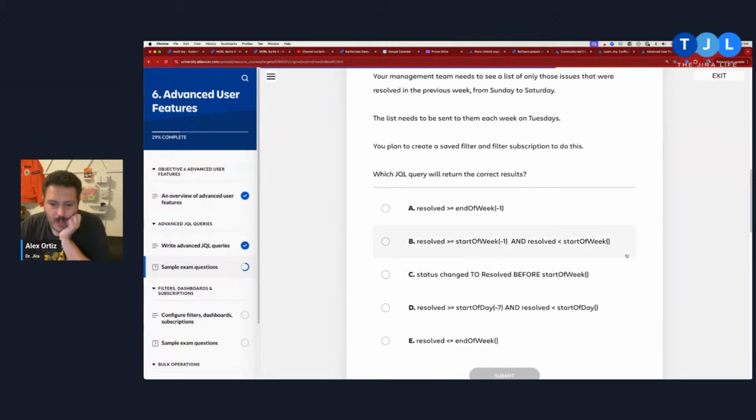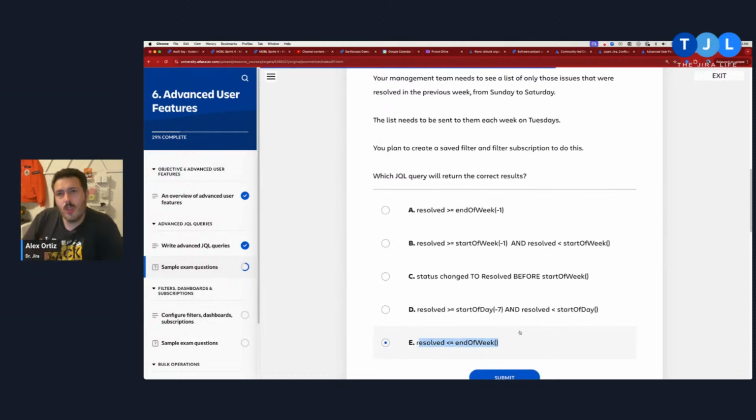Oh, boy. So I don't think, let's see if we can eliminate some of these because this can get very confusing. Folks, this would be one of those questions that I would definitely skip. This part of the test is worth like 6%. I would expect 1 or 2 of these questions to show up on the test, but I would definitely not spend too long, because you've got to really look at these things and understand them. When you're first going through the test, you want to skip this and come back after you've answered all the other questions that were easy, because you want to grab that low-hanging fruit. Then you want to come and hit this. So let's see if we can eliminate some of these and what these are saying. So this is saying I want everything that's resolved before the end of the week.